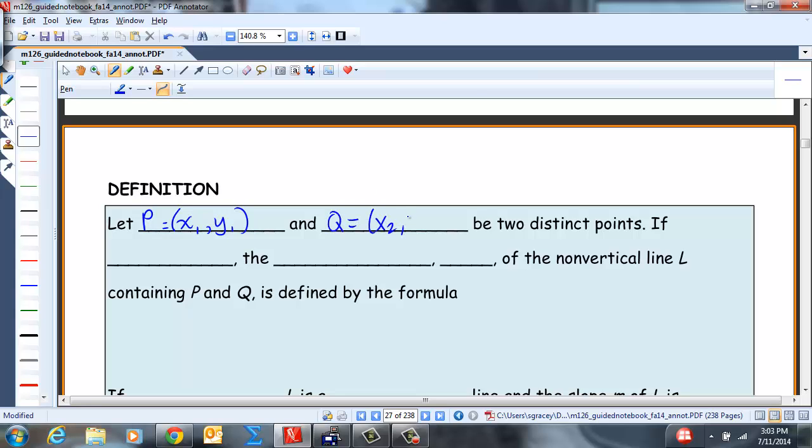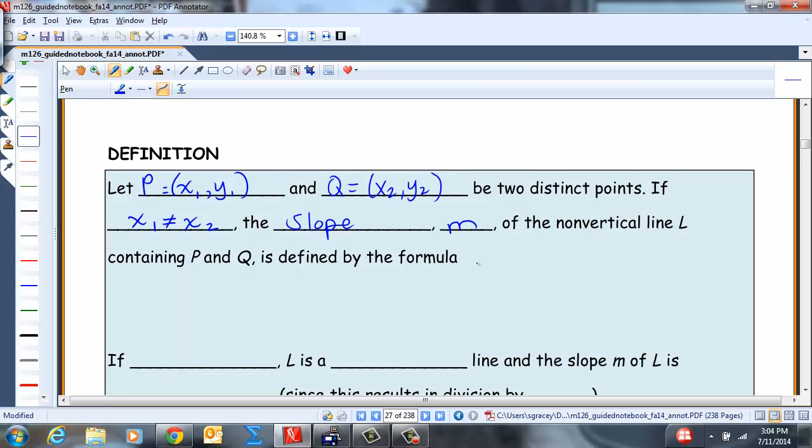This would be our x2, y2, and they are two distinct points, meaning they're not the same point. If the x values are not equal to each other, the slope, which is denoted by m of the non-vertical line